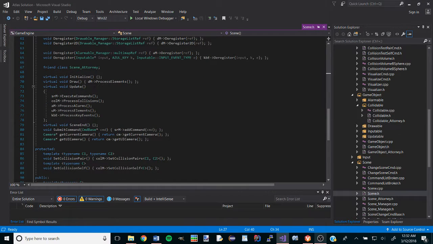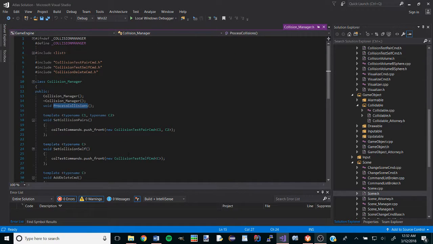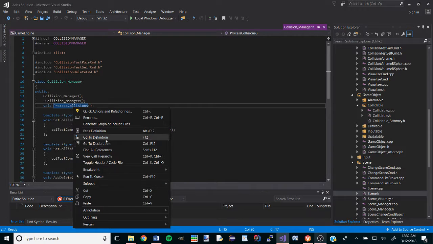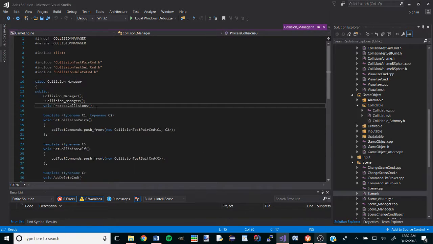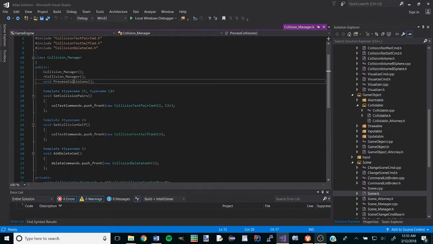And in the update function, the second thing we will do is call process collisions in here, which will then run through all the collision test command bases and call execute, which all of those are added in the set collision pairs or set collision self, which are the collision test pair commands or the collision test self commands,